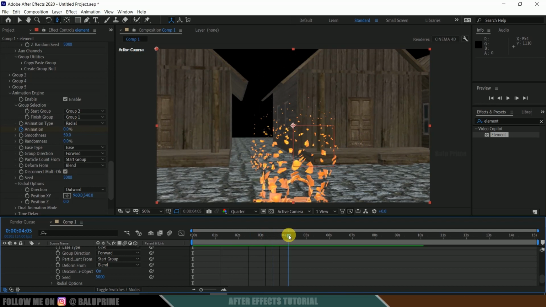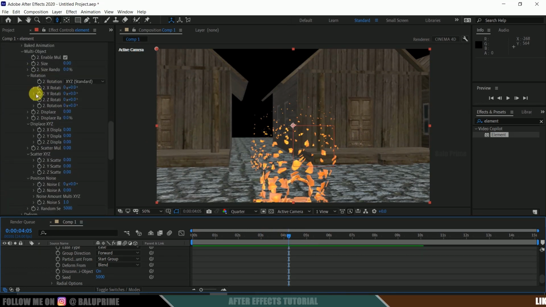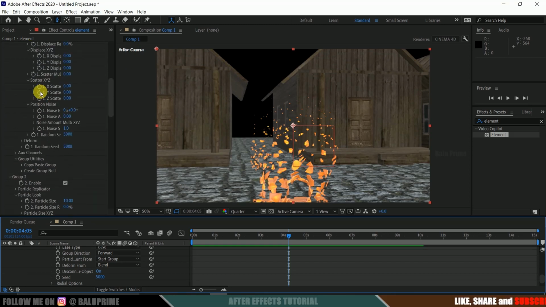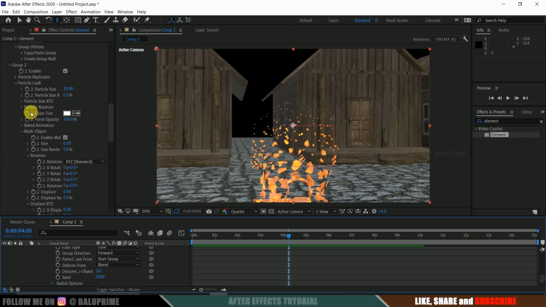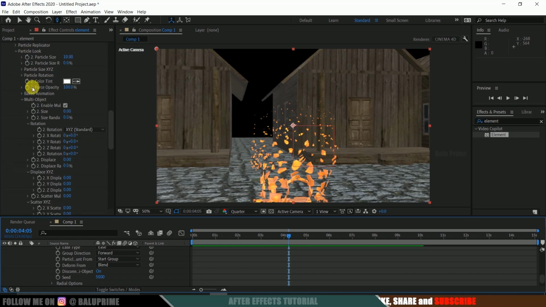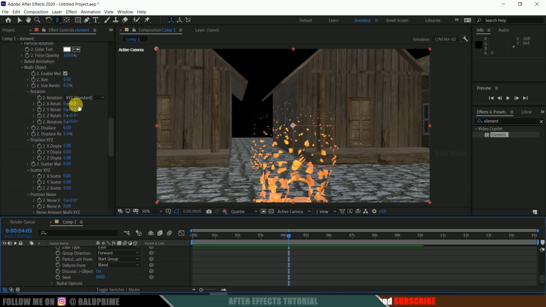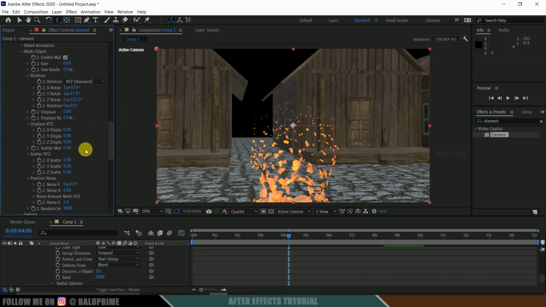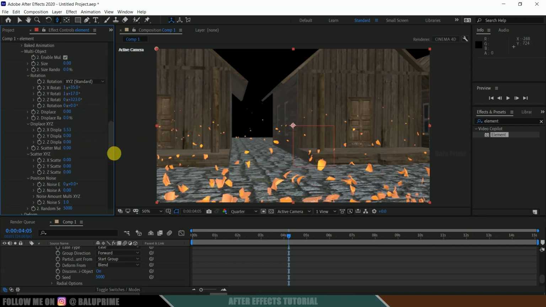Nice. So in order to make it a bit interesting, we can play with the rotation values of this group 2. Don't touch group 1, leave group 1 as it is. Whatever changes you want to do, do in group 2. So here I will be playing with this rotation animations. I will change this rotation, just give random values here. And displacement also you can give if you want.